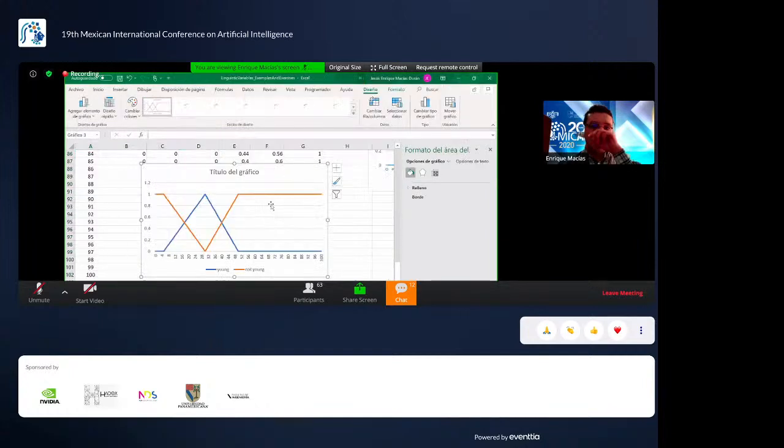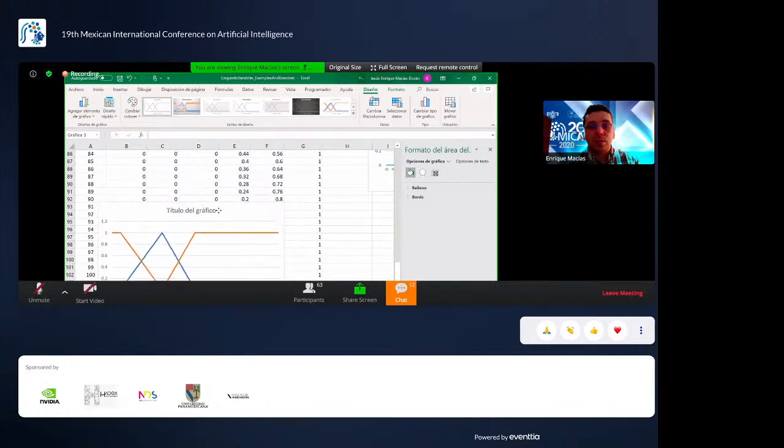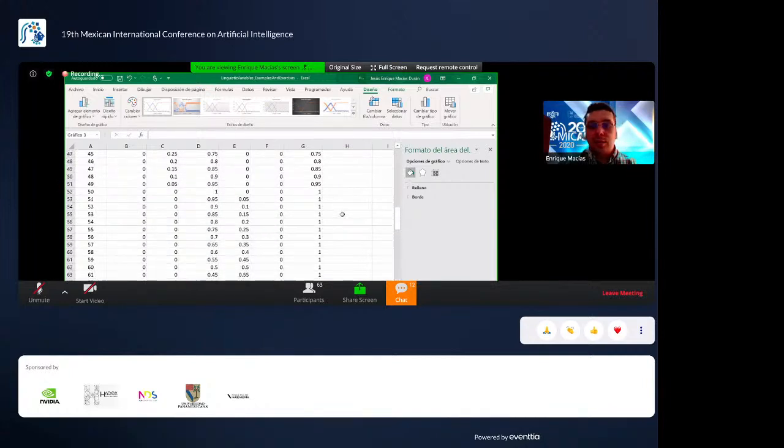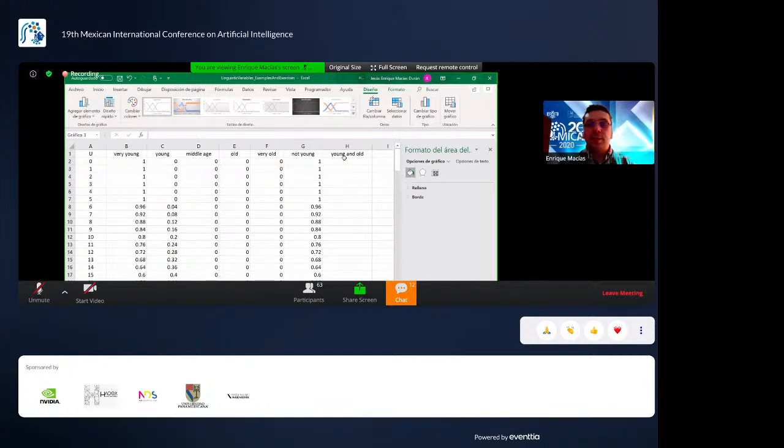Okay, so here they are. The blue graph is the graph of the membership function of the value young, and not young is the complement. So we can visualize the membership functions, and also, just in this case, if we want to define the membership function of the term young and old,